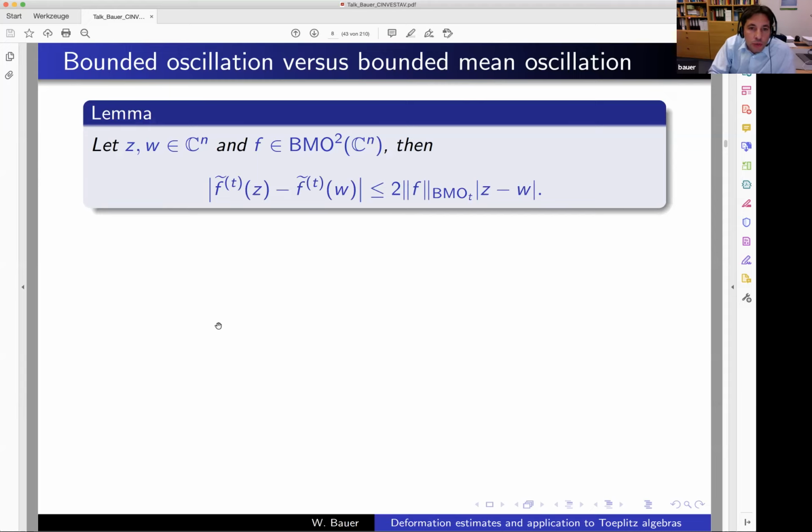If you take a function which has bounded mean oscillation, and you look at the heat transform at some time t, then you have this Lipschitz estimate here, and the Lipschitz constant is just the BMO semi-norm. So there's a 2 missing here, and that's the Euclidean norm. So this means if you take a